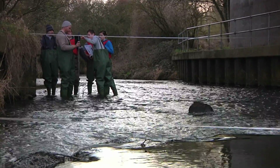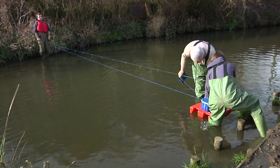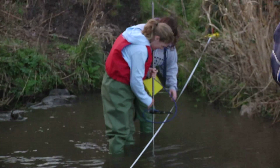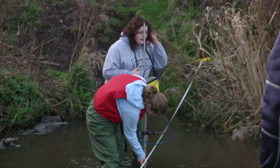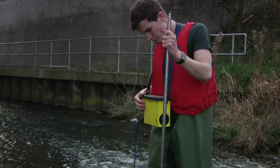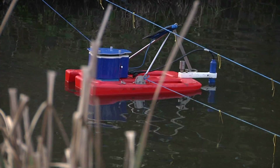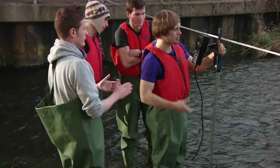Making sure we have the latest equipment for our undergraduate students to use in practical sessions has been a strategic decision at Worcester, and these pieces of equipment are a good example of that. So, in the video you can see small groups of students using these three different meters: an electromagnetic current meter, an acoustic Doppler current profiler or ADCP, and a 2D flow tracker, which is a type of ADV or acoustic